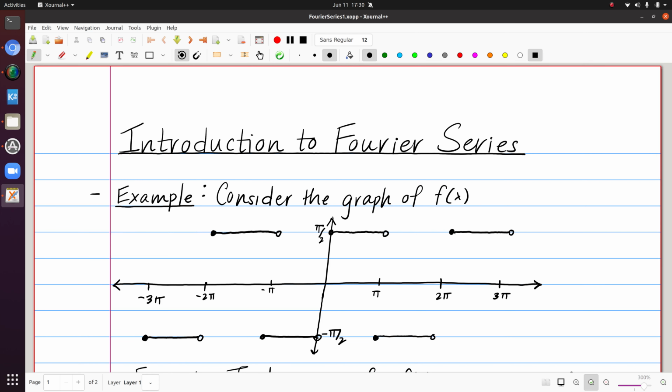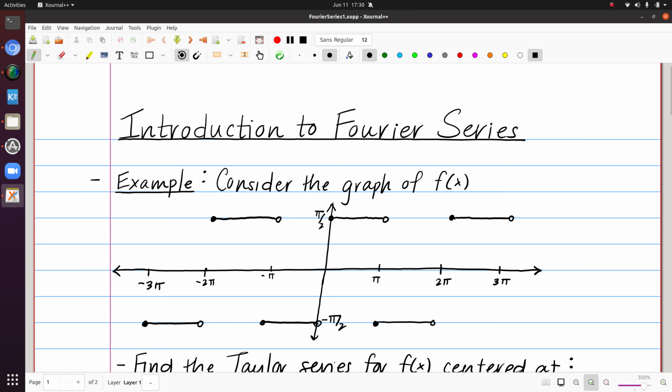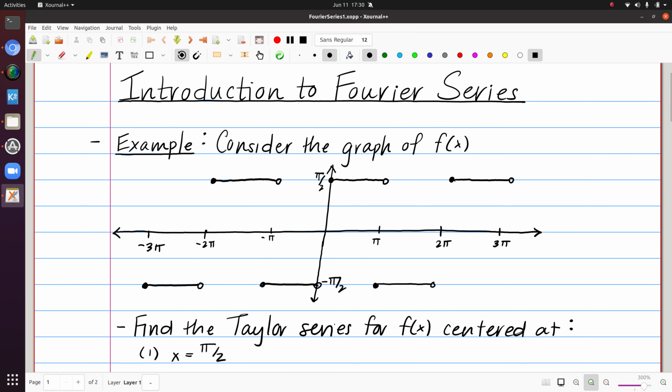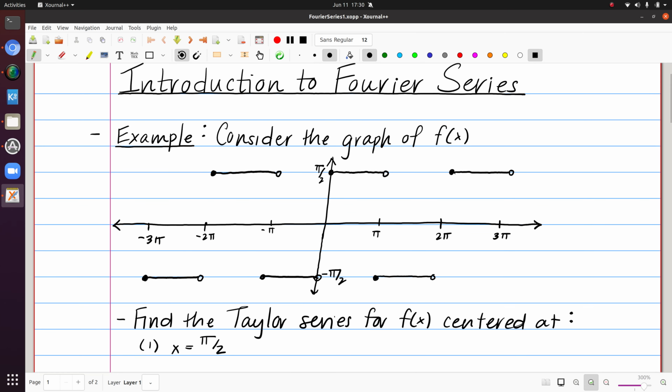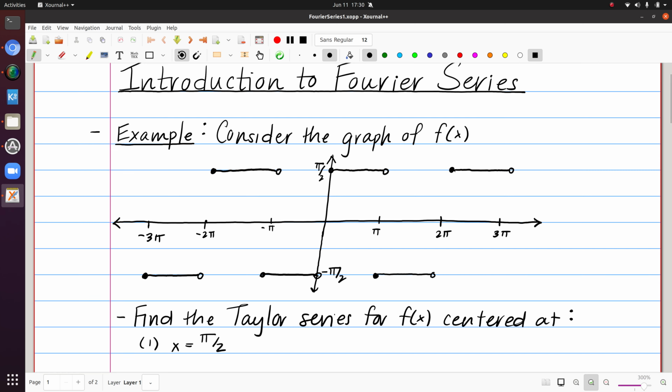In this video, I'd like to provide an introduction to Fourier series. So consider this graph of a function f of x that I've provided here, and let's think about some questions related to Taylor series. So if I were to ask you to find the Taylor series for this function f